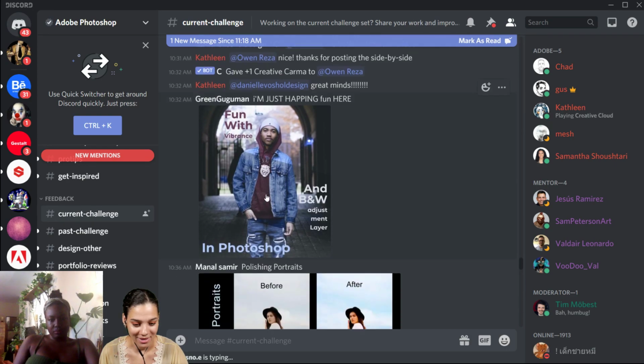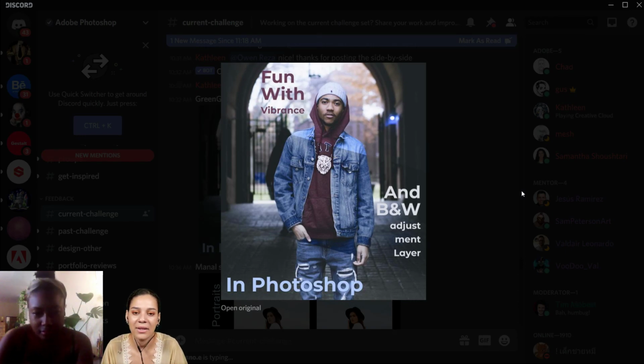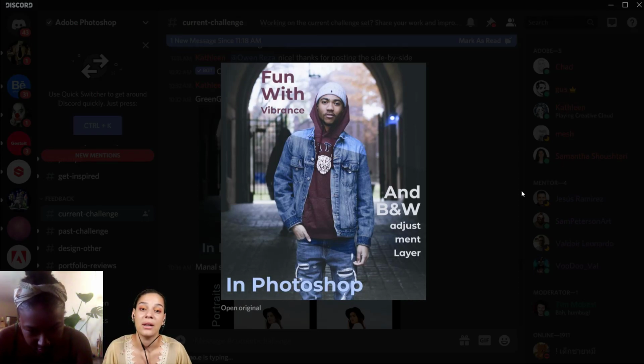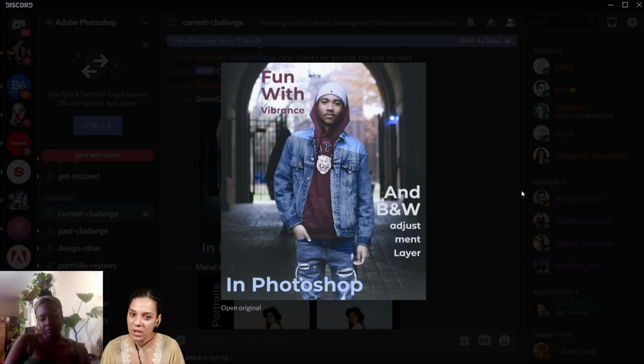Let's skip up to Green. Says I'm just having fun here, and if we click on his, he just took the image and edited it a little bit, and also did a lot of text and things as well. I do like the colors that he's changed in this one, because while some of the other images were more purpley, like you mentioned, Shanae, this one seems more of a maroon and still has those warm colors in the trees in the background.